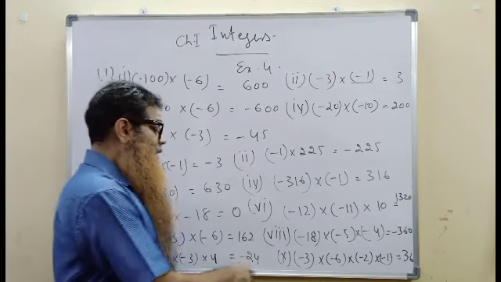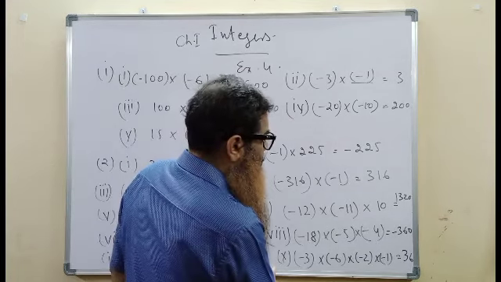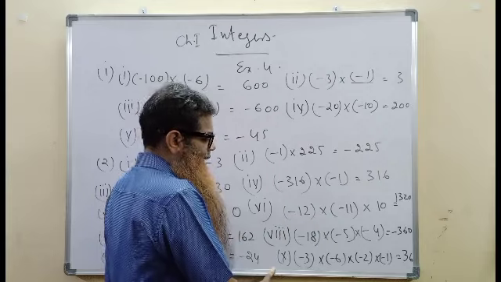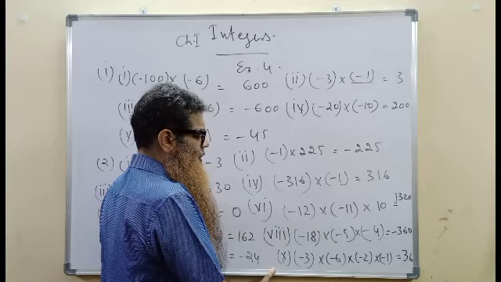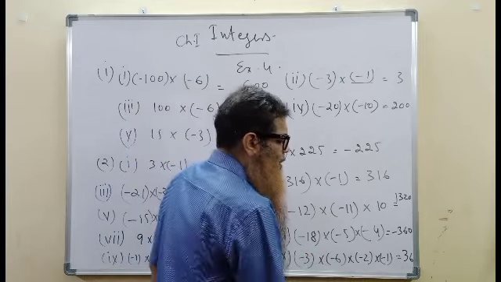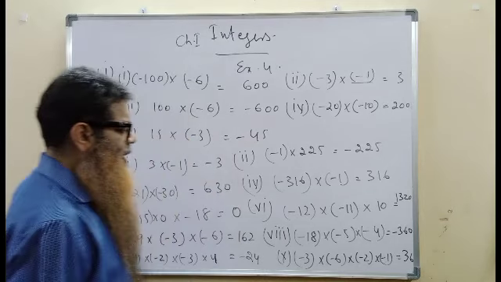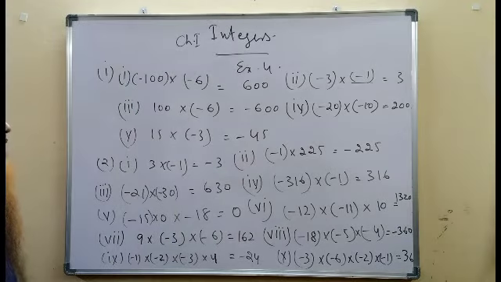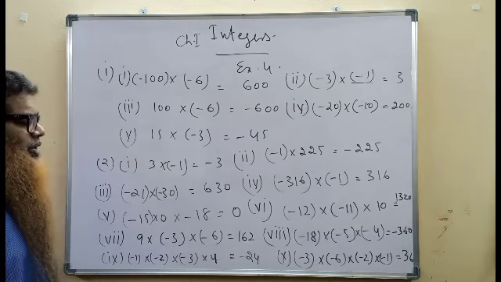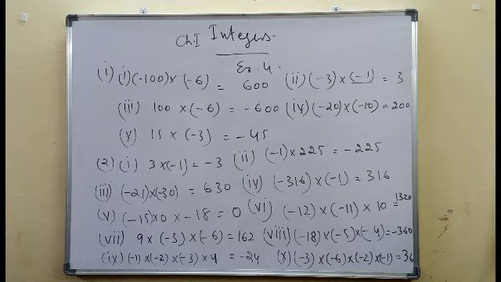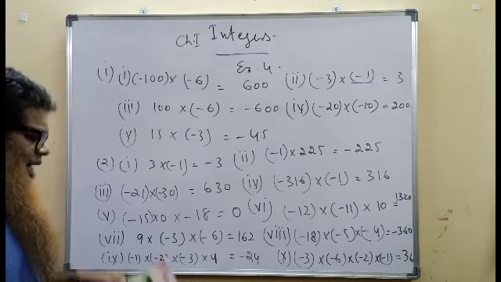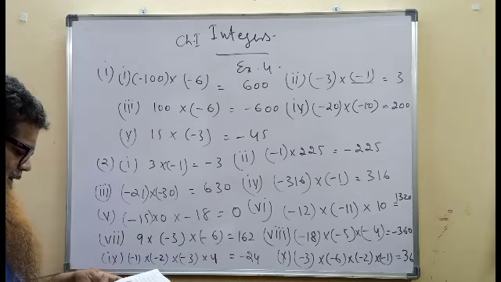In the 10th and last bit, there are four negative integers, that is an even number of negative integers multiplied with each other. The result will be a positive integer. When an even number of negative integers are multiplied with each other, we get a positive integer as the result. When an odd number of negative integers are multiplied with each other, we get a negative integer as the result. That concludes the second question in exercise 4.